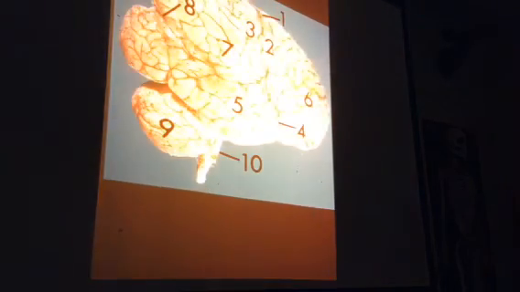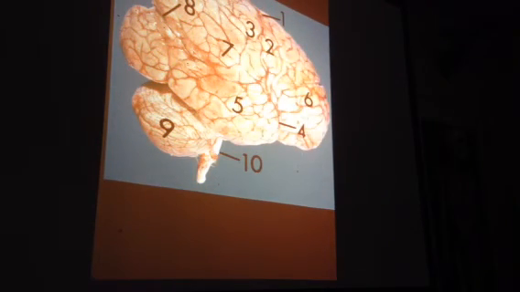You then define the four lobes of the cerebrum, easily done with the frontal lobe up front, parietal over the top, occipital in back, and then temporal along the sides. Four lobes of the cerebrum. See the difference for the cerebellum in terms of the gyri, much more compressed. Sometimes called folia. That's okay, but just